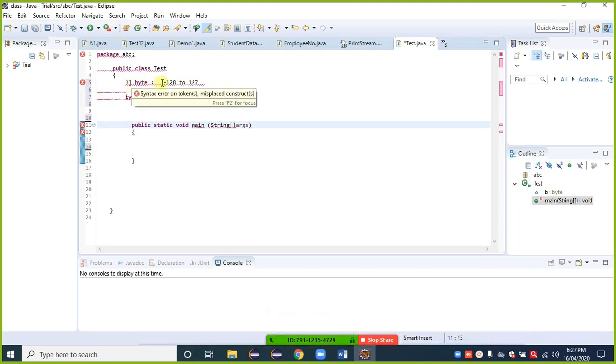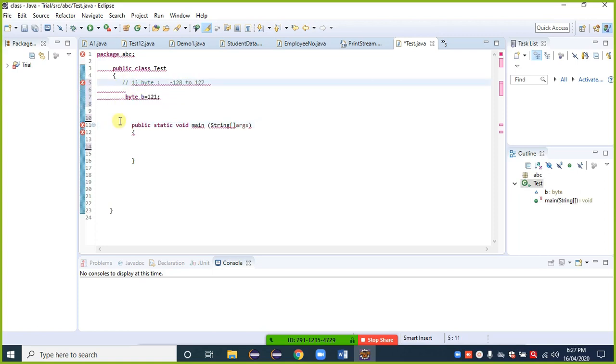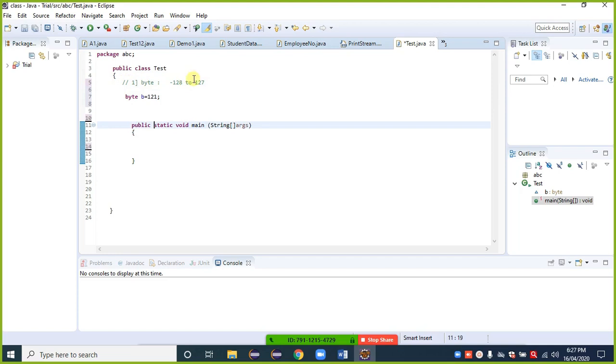Because Java doesn't recognize this. I only want to use it here for understanding purposes, so I directly give double forward slashes, that is a comment in Java. As we discussed in the first session, we can use two forward slashes for a comment in Java. The meaning is that Java doesn't consider that word or statement.